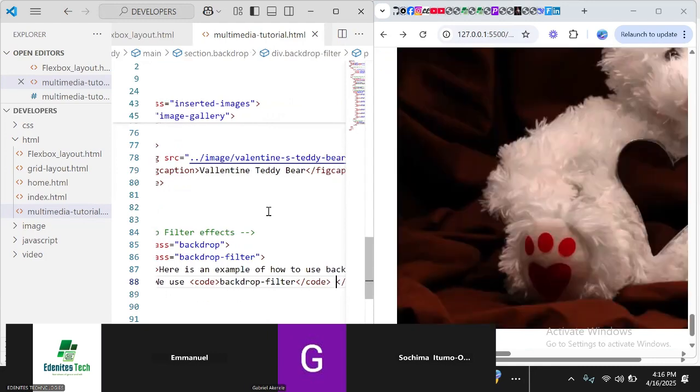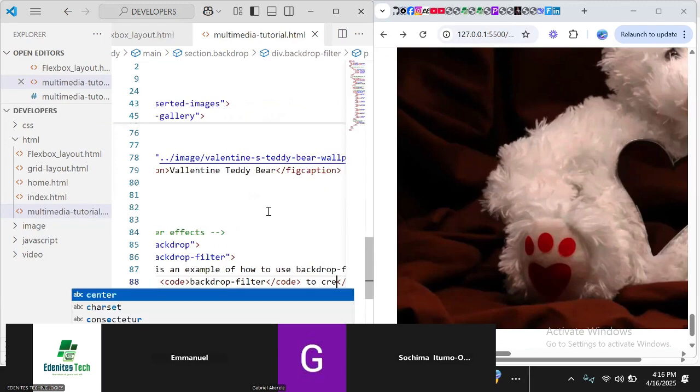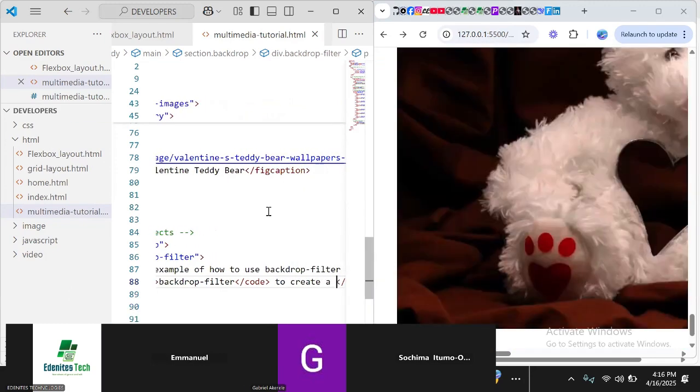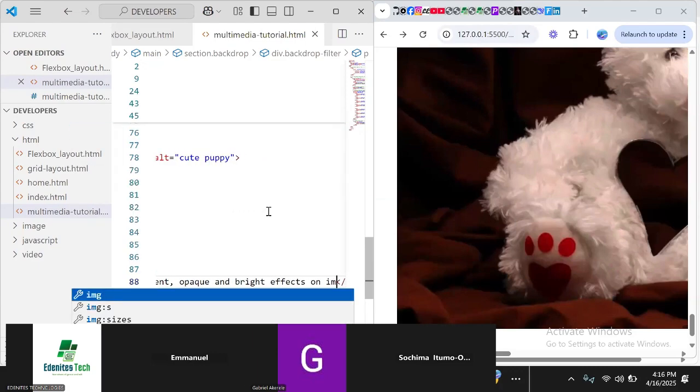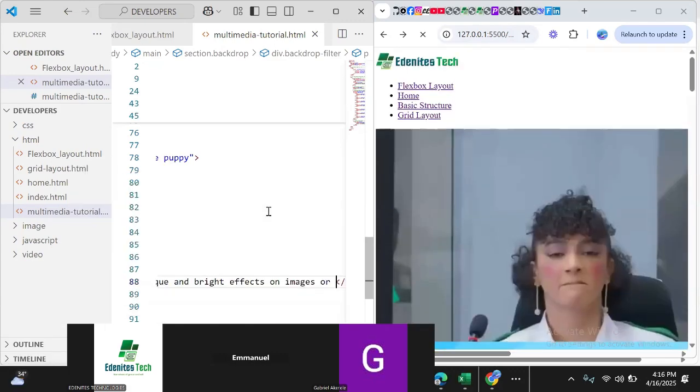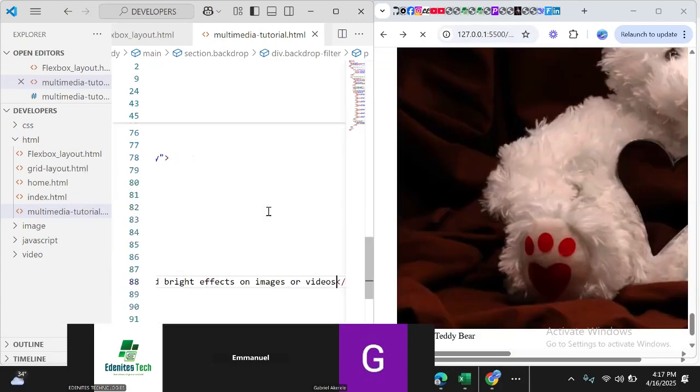We use backdrop filter to create a blurry, transparent, opaque, at least you should know what opaque is, and bright effects on images or videos. All right,